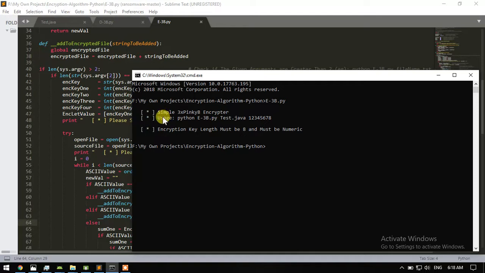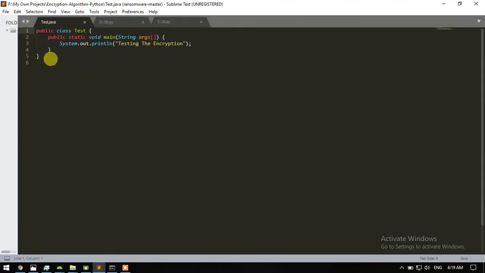Okay, so it's a simple 3x pinky block encryptor. It shows us how we can use this script. We have to open this first, and then give the text file we want to encrypt and the key that we will be encrypting that text with. For example, I have a Java file, so I'm gonna encrypt this file and